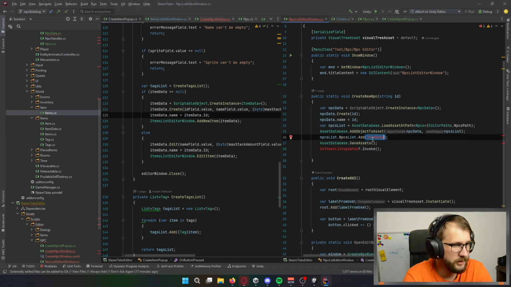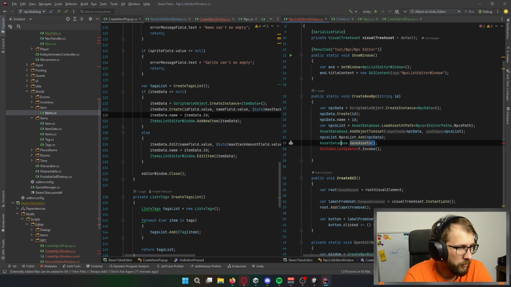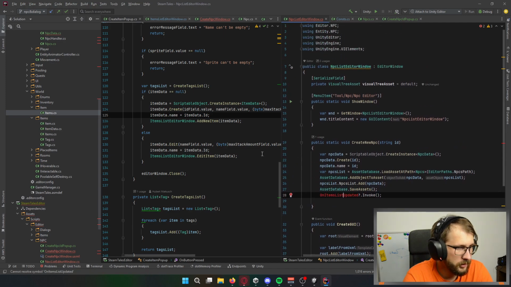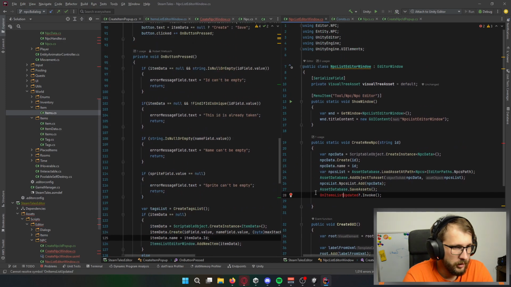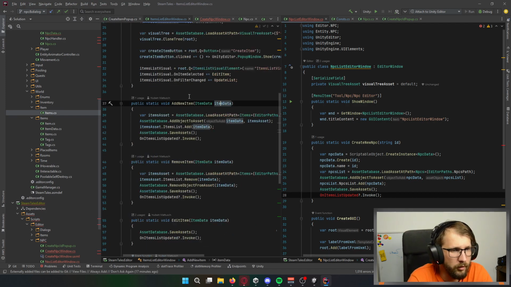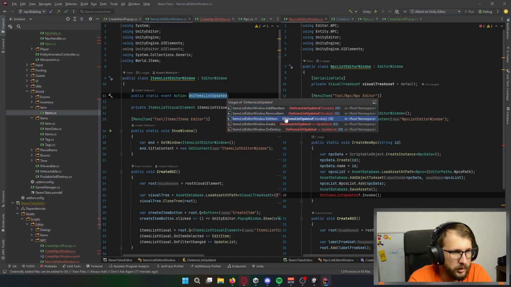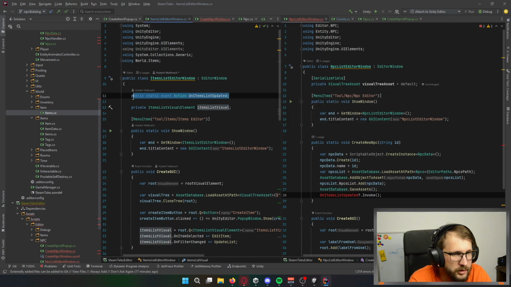NPCs list, add NPC data. Of course, I want to save the list. And this callback, what is this callback for? Who cares about it? Okay, so this is wave 4.